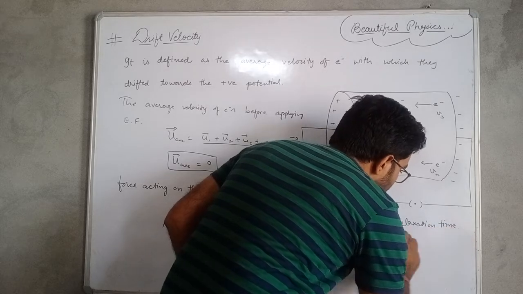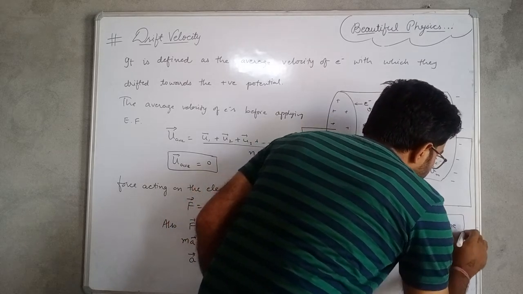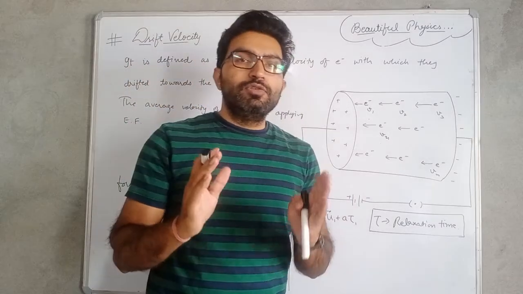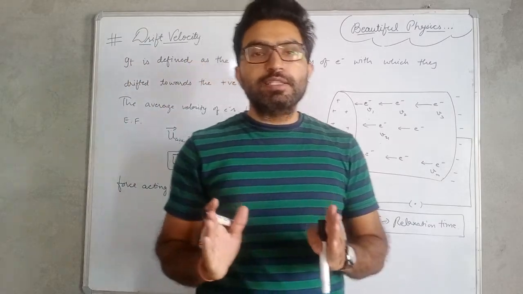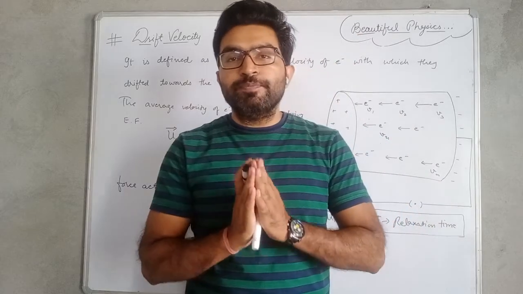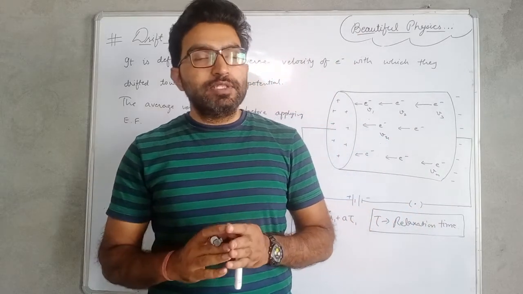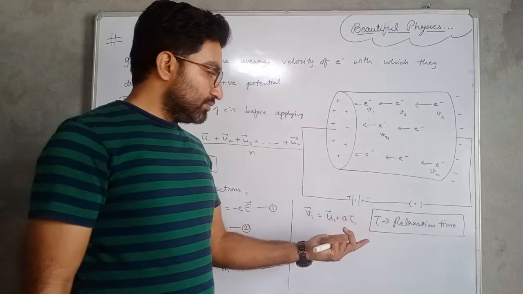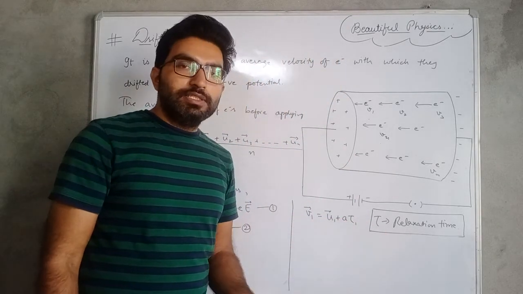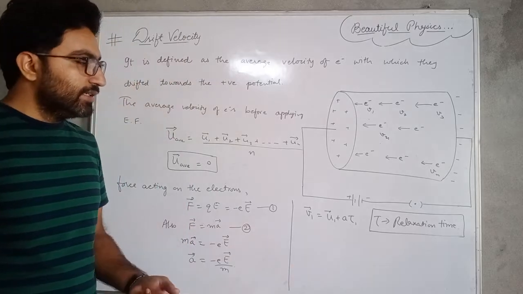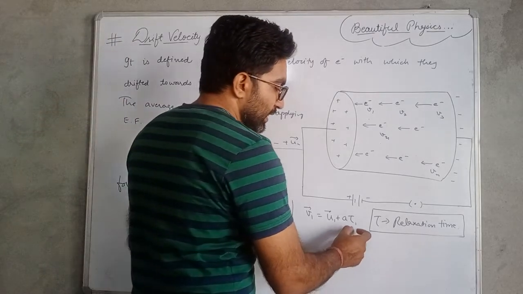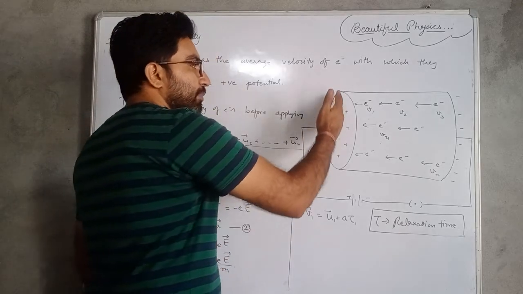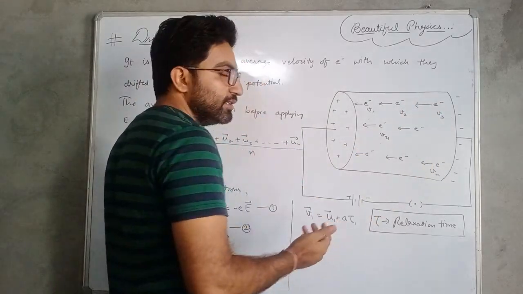And the relaxation time is the average time between two successive collisions. Means दो successive या फिर हम बोलें दो लगातार होने वाले collisions के बीच में जो time रहता है उसे हम relaxation time बोलते हैं. Okay, the time between two successive collisions is known as relaxation time. For the first collision I am writing it by tau 1. Here acceleration remains constant because the applied electric field is constant, it is not varying.